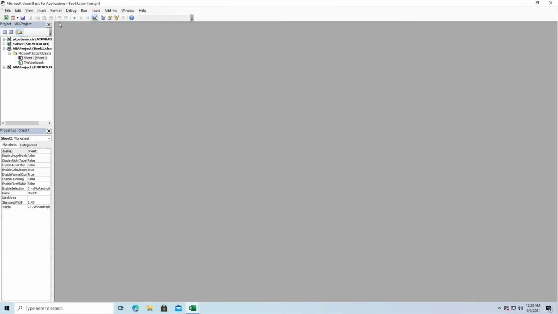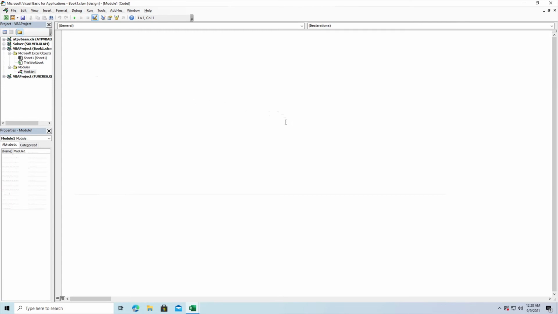Now I'm over here in the upper left-hand corner, and I'm going to click right here on this little thing next to the Excel Insert User Form, and I'm going to click Module, like so. Now I have my module set up, and this will allow me to have a place where I can actually develop or set up my code. So we're making a function, so we're going to type in Function, like so,